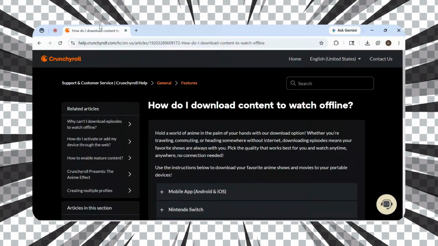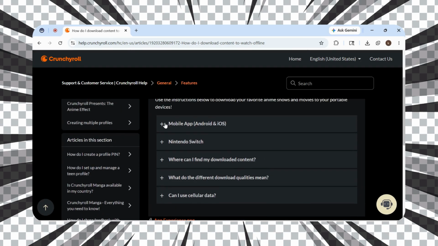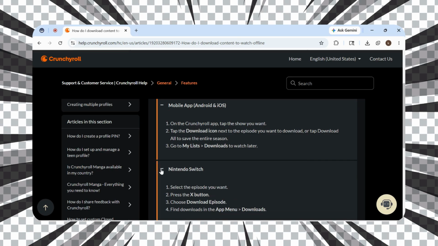How to download anime on Crunchyroll for offline viewing in less than 3 minutes. Today I'm going to show you in this step-by-step guide how to save episodes directly to your device so you can keep watching even without internet. If you travel often, deal with slow connections, or just want uninterrupted anime watching, this setup only takes a few